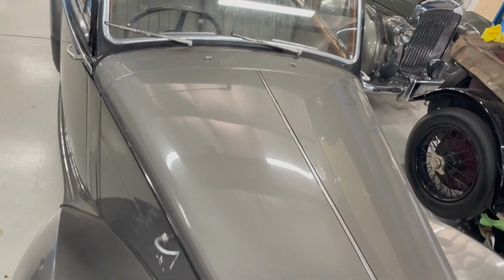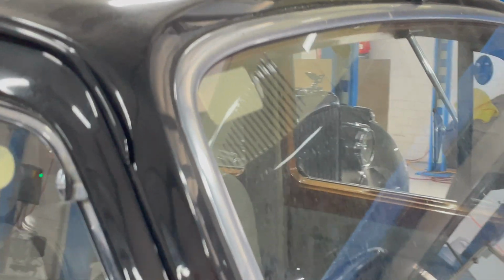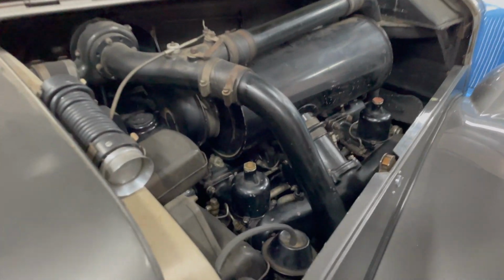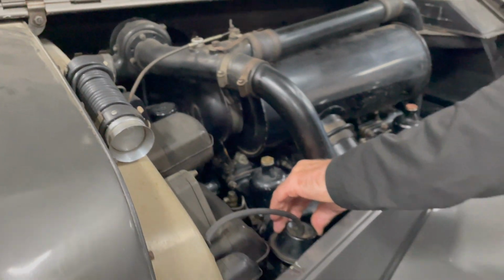And once again, it's quite an original car, especially in terms of completeness. So you'll see here, once again the torch is in place. Yes. All the things that should be here are here. Original washer bottle,